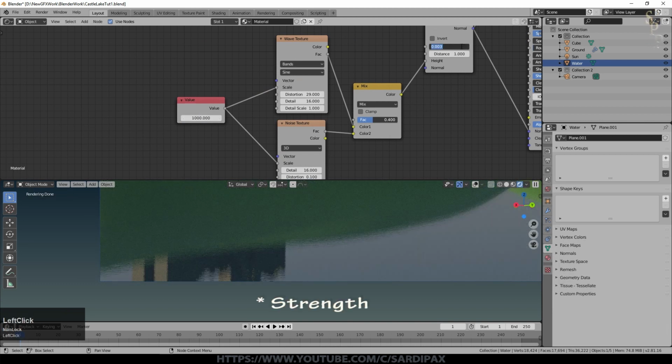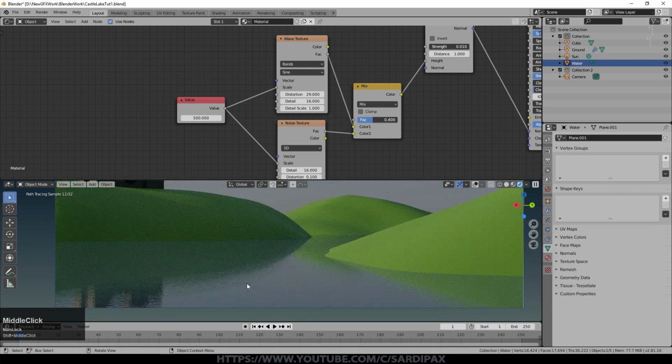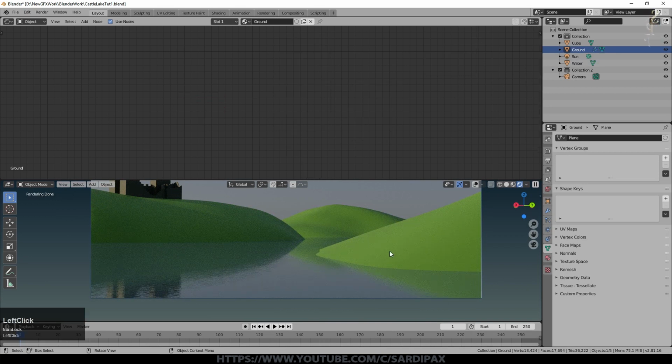Oh, perhaps we'll put the scale up and then go down to 500, just so that it's big enough that we can actually see it. In my head, this is sort of like doing a painting. So if you can't see it, then there's not much point in having it really. So let's move on to the ground.